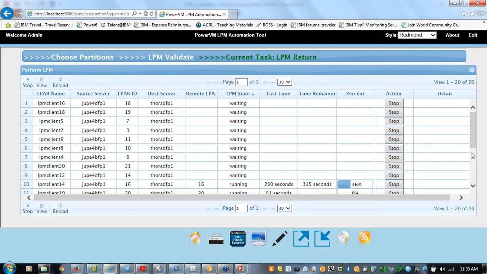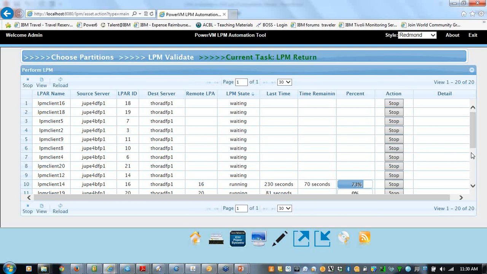Right. So live partition mobility is part of cloud management, but doing it on the side without going through the cloud could cause some issues. I'm just not sure what they are either. Yeah, I don't know what their policies are. That's a good question, though. That's something we'll get an answer to, Joe.